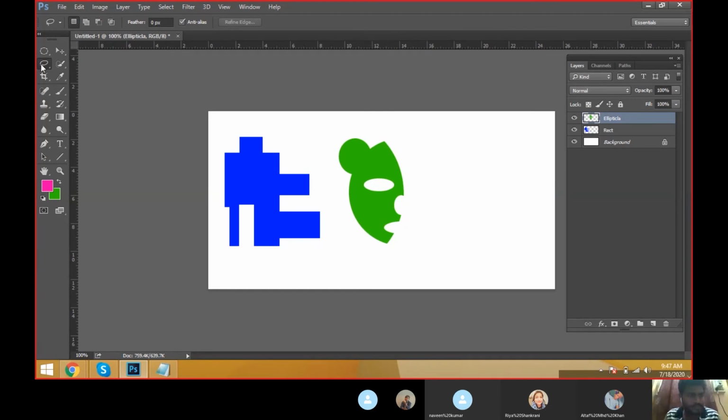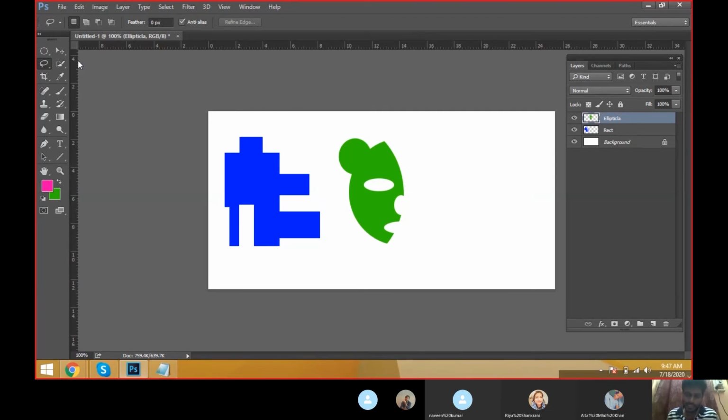What is the lasso tool? The rectangular and elliptical tools are object oriented, which means they have a specification: this is a box, this is a circle. But the lasso tool has no specification. It is an abstract drawing shape.